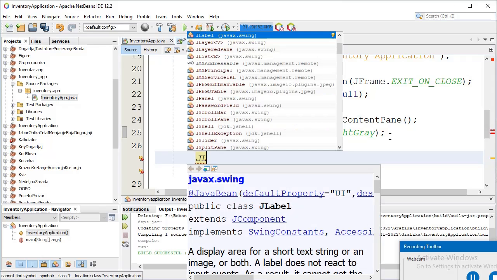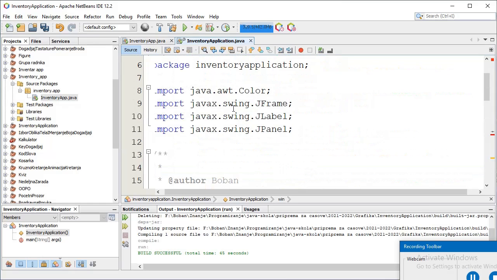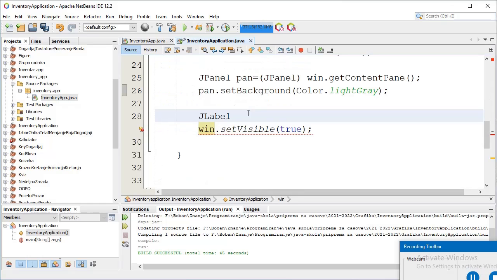Let's create the JLabel. The class is JLabel. We must import classes from the Swing package. I name that object to associate it with its purpose, i.e. number of packages per shipment.